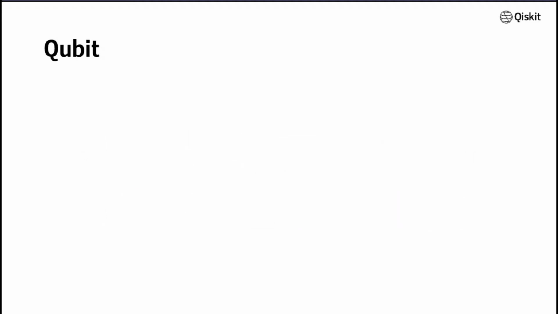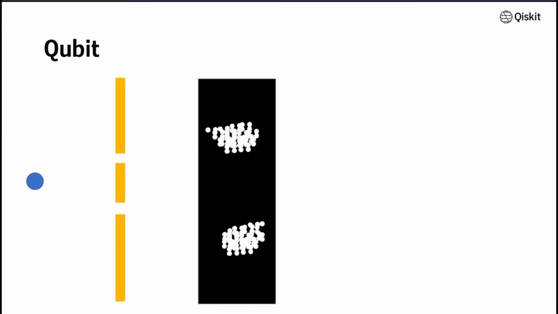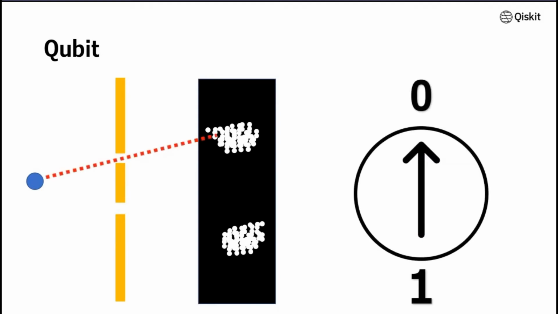The classical circuit uses a bit of information, 0 or 1, light on or off. However, quantum mechanics allows something to be in two places at the same time, so we can do better. Photon, let's look at the double slit experiment. The photon can pass through only the upper path, which we represent as 0 here. So I will point the arrow up because it's the upper path, and it's 0. I just encode that up as 0 information.